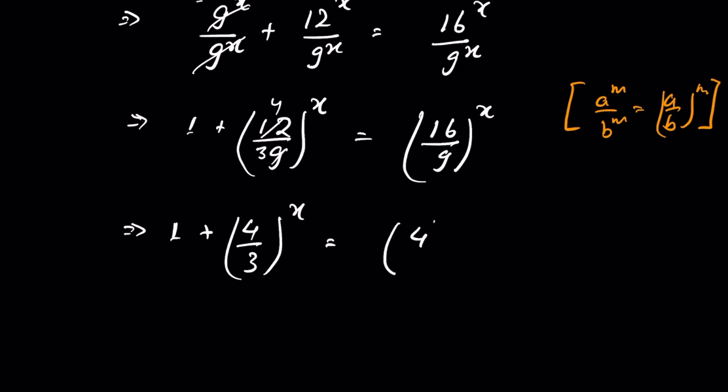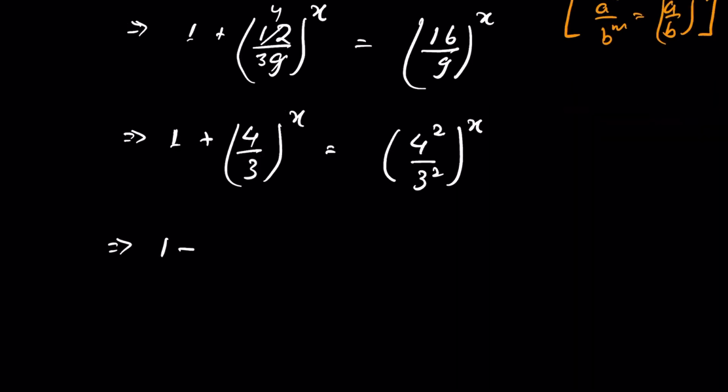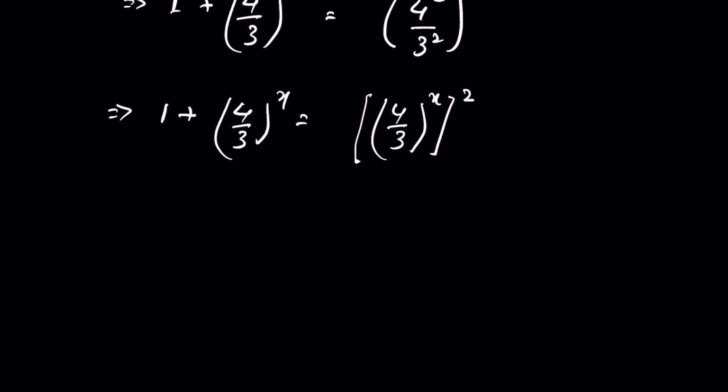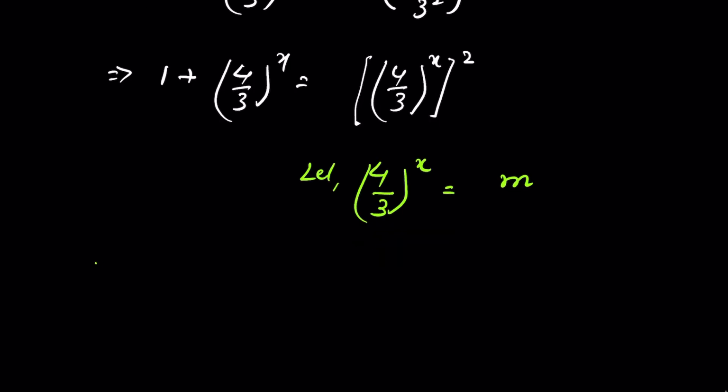We can write 16 as 4 to the power 2 and 9 as 3 to the power 2, whole to the power x, or 1 plus (4 upon 3) whole to the power x equals ((4 upon 3) whole to the power x) whole to the power 2. Now let us consider (4 upon 3) whole to the power x equals m. Then we have 1 plus m equals m square,